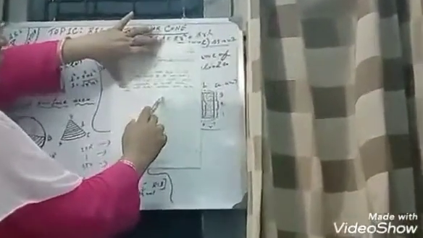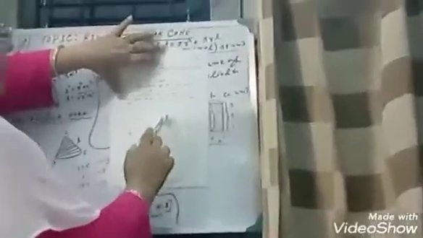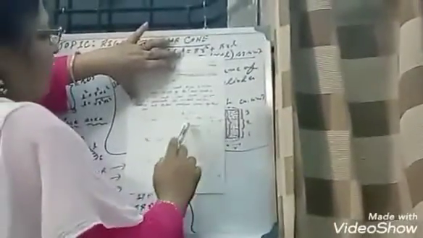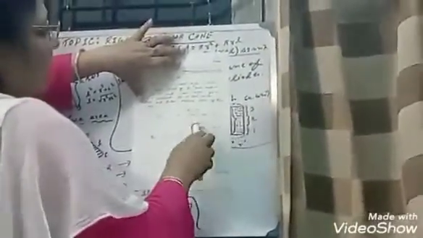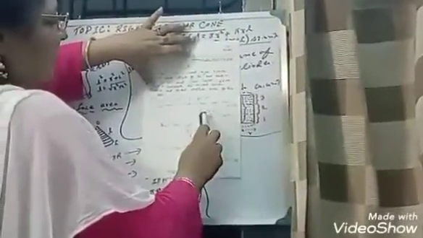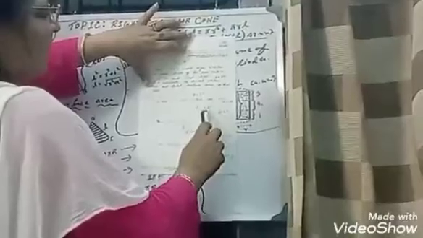R is equal to given 15 cm. L equals to small l, that is the slant height, it is 24 cm. We know curved surface area is pi r l. So pi means 22 by 7, r means 15 and l is 24. So just do this calculation part, we get 7920 by 7. So it gives you 1131.42 square centimeter. Now what is the base area?